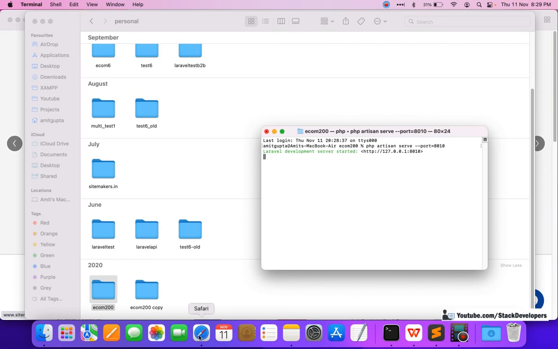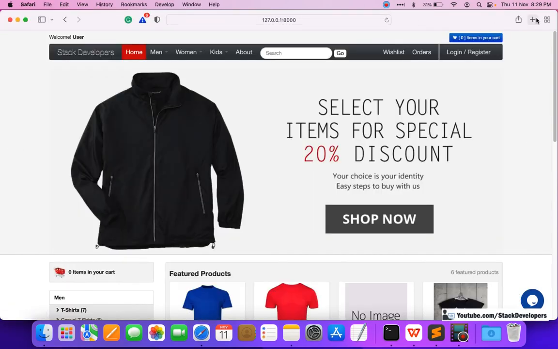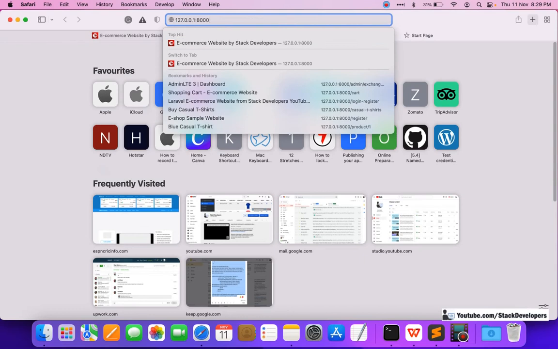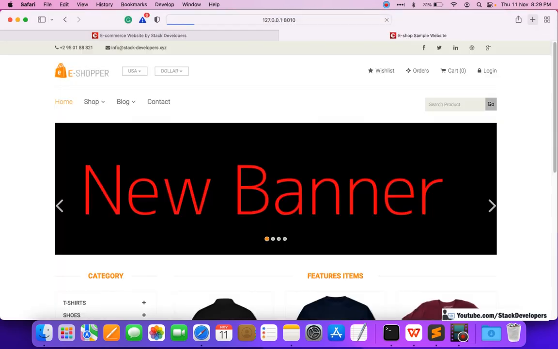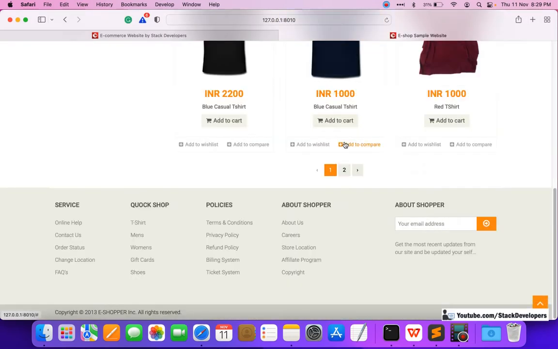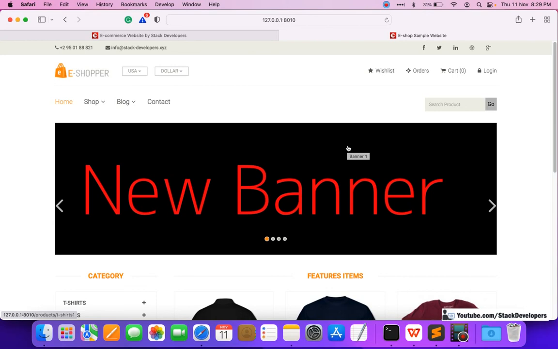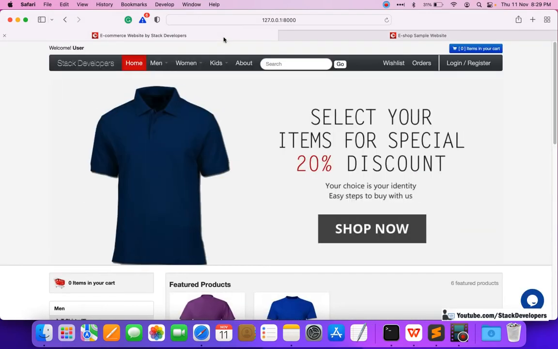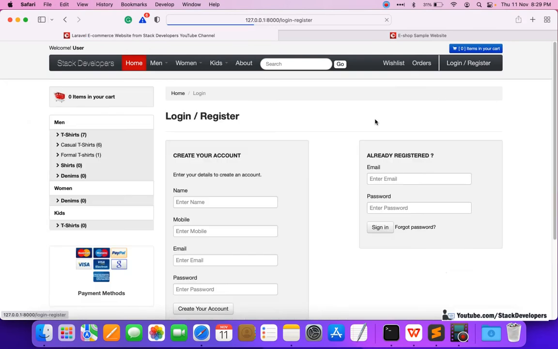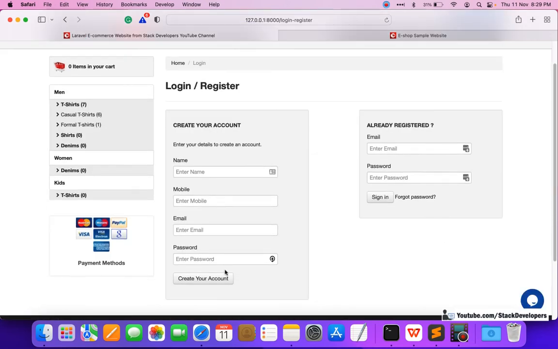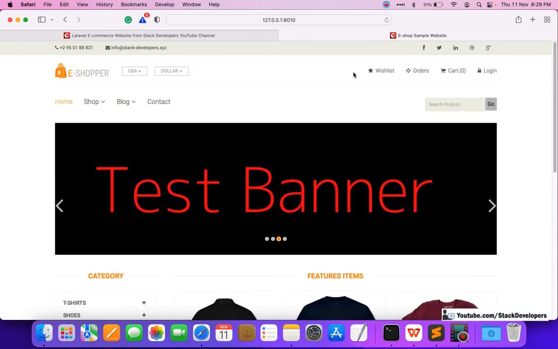We know how to run multiple websites. Now I am running this basic e-commerce website, which we did earlier. It is also a beautiful website covering all the basic features, and it is done in Laravel 6. So now we have two websites. We want that if someone comes and registers at the advanced e-commerce website, the same user gets registered at the basic e-commerce website.